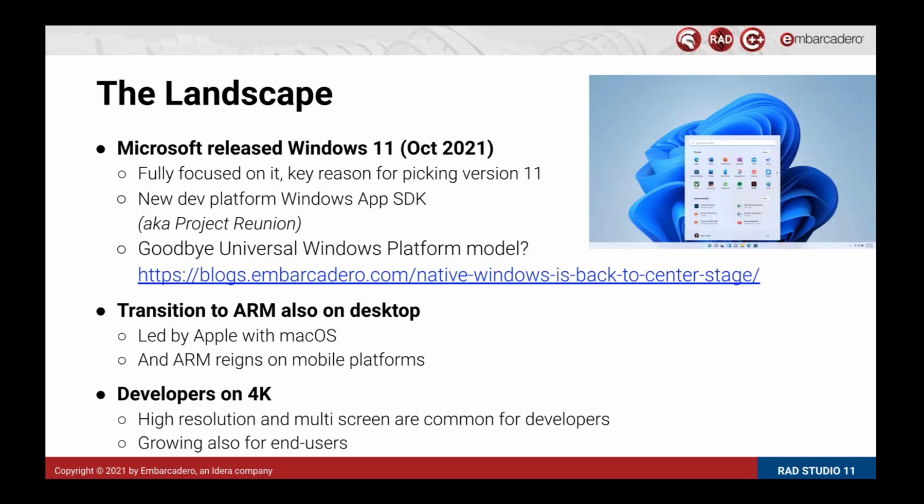We have had running internally here, and Jim McKeith has done some really good blog posts showing the Windows ARM version. So Windows has an ARM version, which is part of their tech preview at the moment. But the great thing that they've done is put some really strong emulation in there to run Intel applications on the ARM hardware. So even with the Windows ARM version of the OS, we're able to install RAD Studio and actually build and run and debug and do everything we need to do directly through that, which is very, very interesting. That's certainly an area to look at.